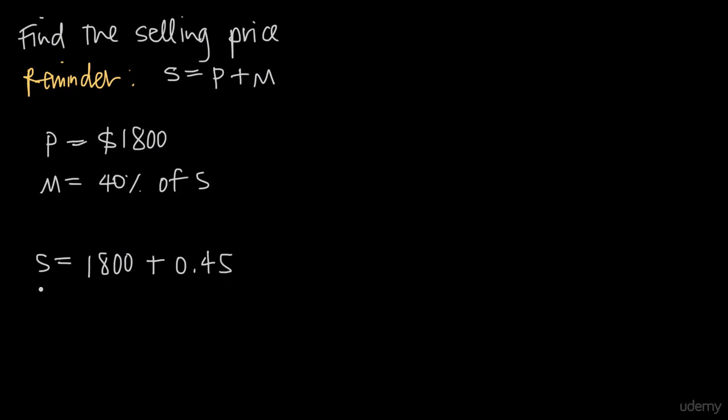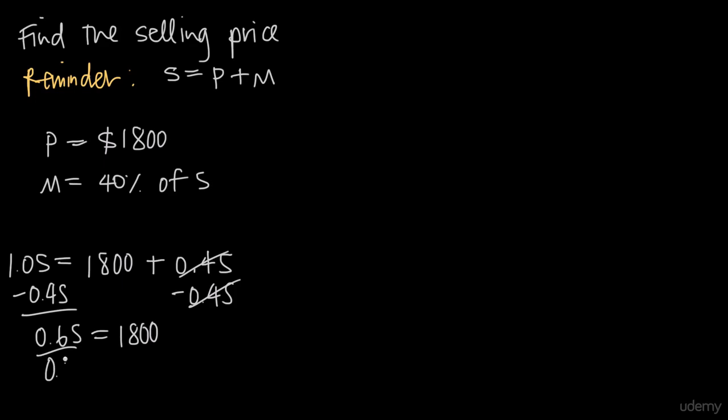Now, if we want to solve for S, all we have to do is subtract 0.4S from both sides, so minus 0.4S, minus 0.4S. And over here on the left-hand side, we have 1.0S minus 0.4S. That's going to give us 0.6S is equal to 1,800, and we're going to get positive 0.4S minus 0.4S. Those two are going to cancel and become 0, so we're just left with this equation here. Now we need to divide both sides by 0.6 to solve for S. Over on the left, we'll get these to cancel, and we'll just be left with S is equal to 1,800